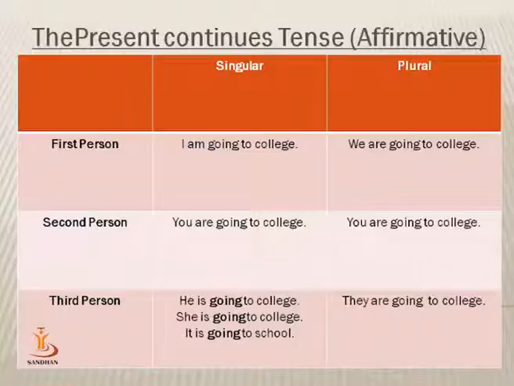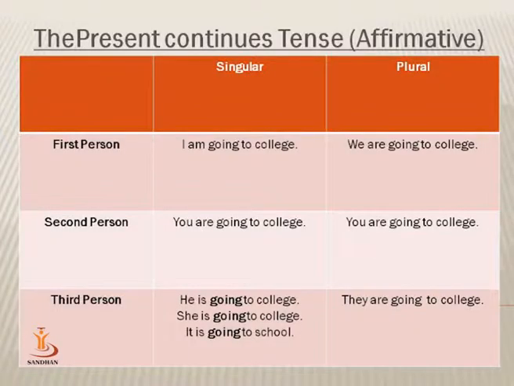And then the present continuous tense. The present continuous tense denotes the present activity of a person which is in progress. That is why it is also called the progressive present tense. As we can see from the table, the present continuous tense takes the verb to be in the present tense. The three variants of the present tense: first, I is used with am, is is used with he, she and it, and are is used with we, you and they.